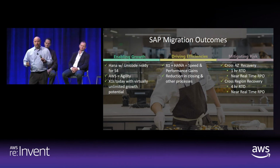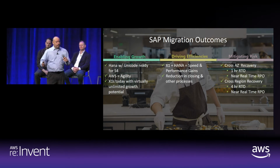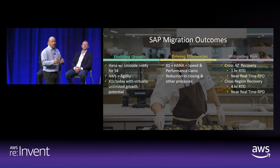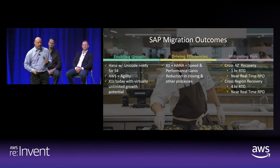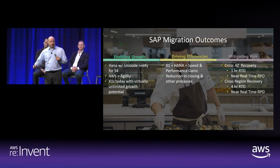So mapping our goals, right? Enabling growth, driving efficiencies, and mitigating risk to what our end state now is. We're obviously running on Hana with the Unicode version, ready for S4. We didn't migrate to S4 Hana at the time for 2 reasons. One, S4 HR wasn't yet available, and our business was not and is not calling for it. They don't yet have the need or desire to go to S4. But we wanted to make sure that we got to Hana so that we would not be an impediment. When they are ready for S4, we will be in a better position to be able to go to S4